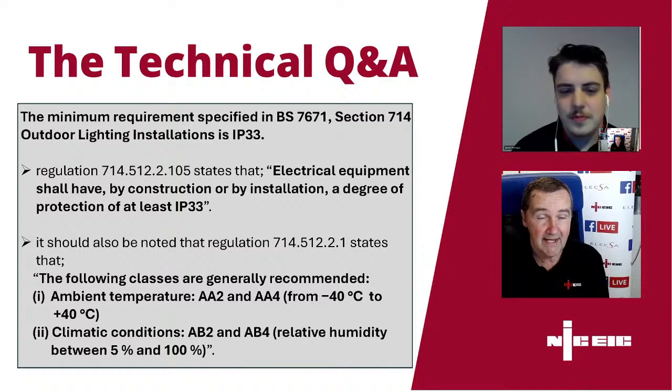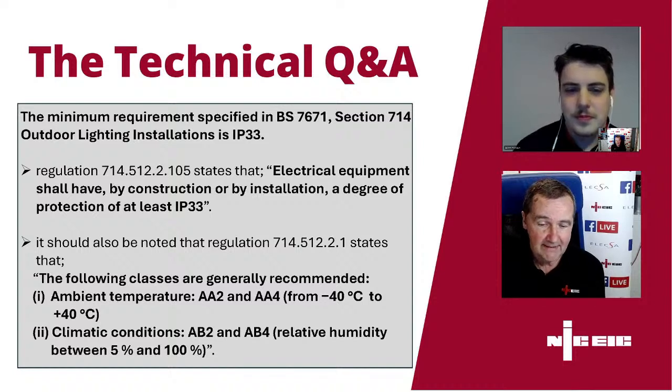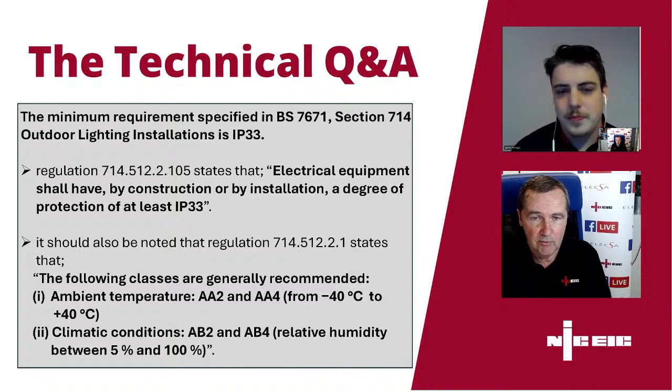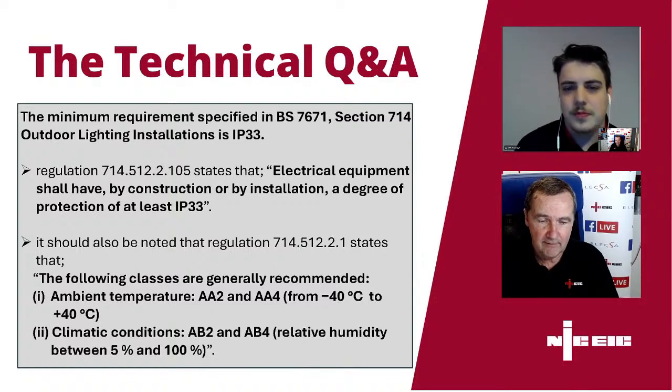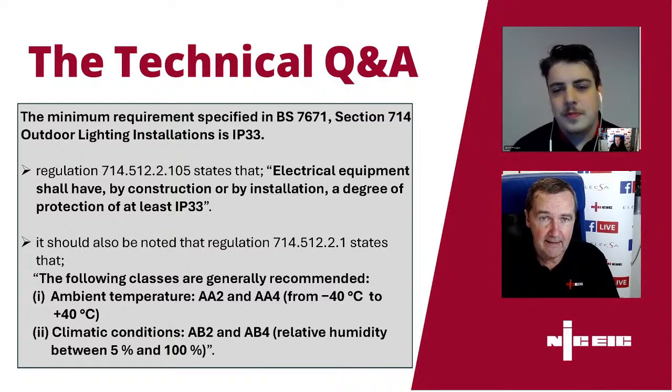One thing I always say is that 7671 is a minimum standard. You can always go over and above. What you can never do is go below. So if you as the designer or installer are more comfortable with 44, there's nothing to prevent you doing that. It's just clear that in order to meet the minimum requirements of 7671, it does only need to be IP33,